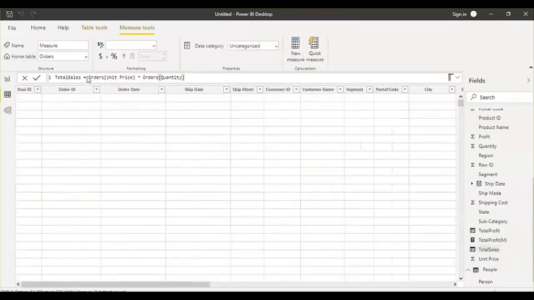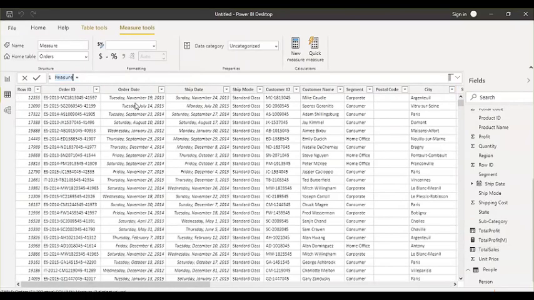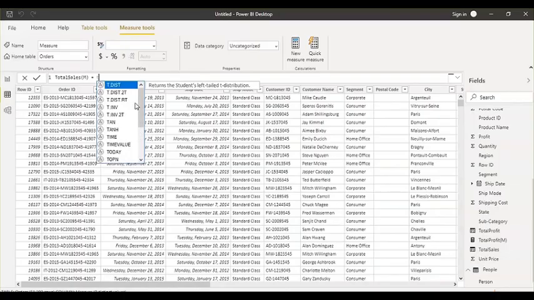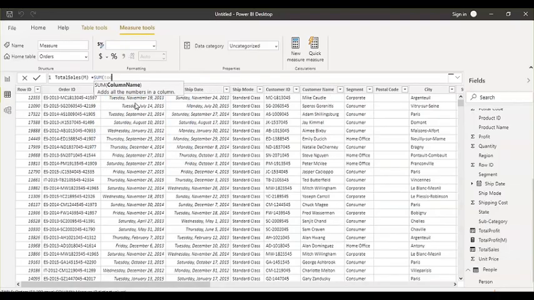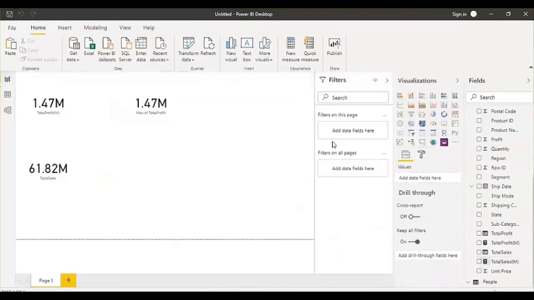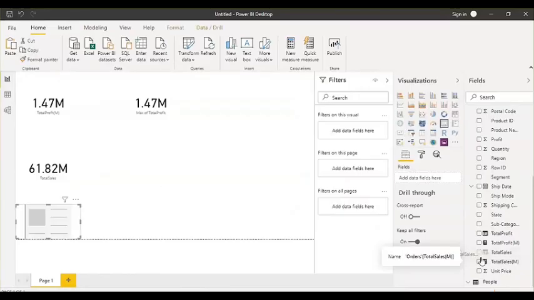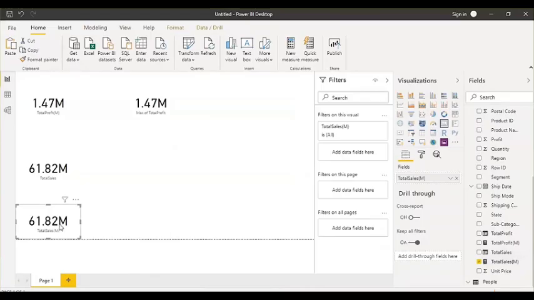In this measure, we'll simply write total sales with brackets. I'm just writing M to identify whether it's a measure or not. And then here, you are just going to sum the new column which we created right now, total sales. Now, when I visualize this information here, add total sales, you will see the same output, but this time on measures, you see that no aggregation is applied.